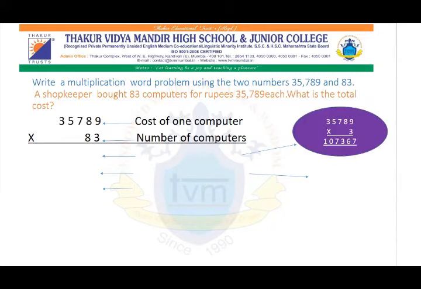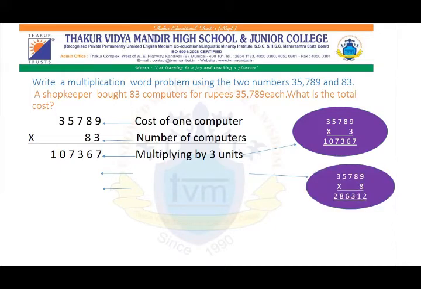So 35,789 multiplied by 3, my answer is 1,07,367. Correct. Now next I will multiply with the 8 in the tens place. So my multiplication is this and the answer is